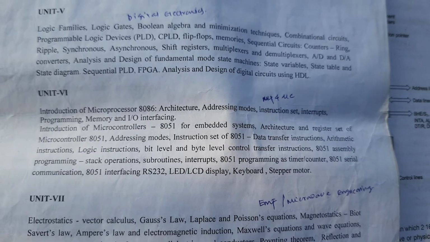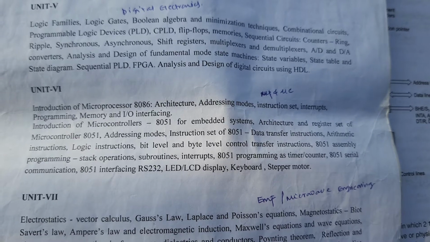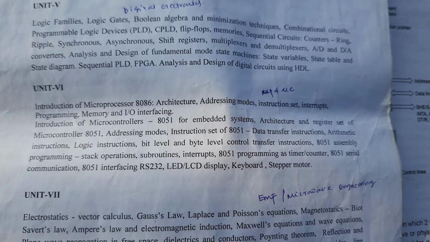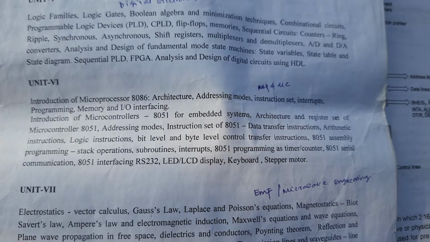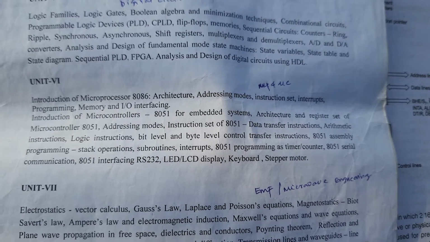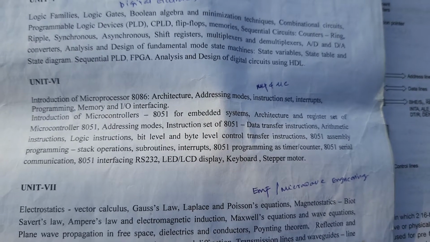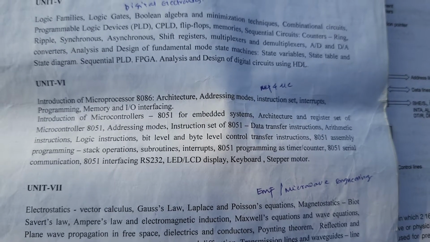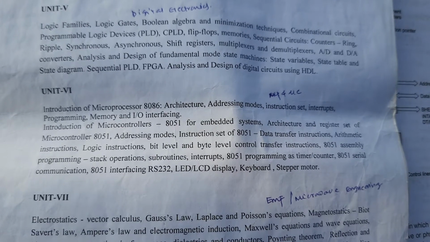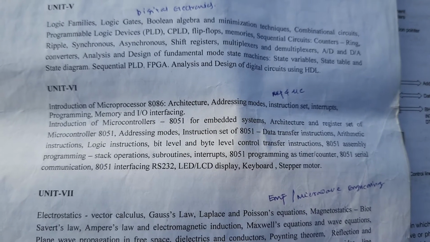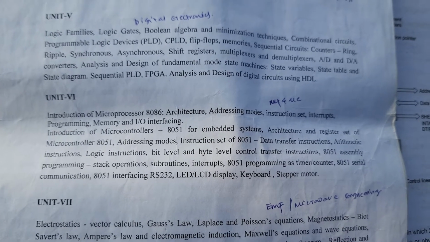In the previous syllabus there was much more content in UGC NET examinations, but when the online examination began in 2019, UGC NET removed that syllabus and only the 8086 part is included in unit number 6. So according to that, you will see how to get full marks in the 8086 microprocessor unit.